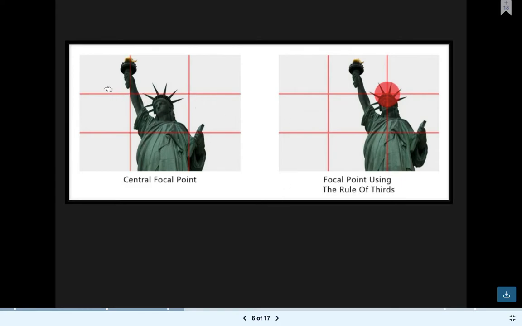So let's say this is the Statue of Liberty. It's already interesting, just taking a picture of the Statue of Liberty like this, where the face of the statue is already in the middle third. But what you can do is use a focal point with the rule of thirds, where that point over there, which is the third right point, is where you put the head of the Statue of Liberty, and it makes for a more interesting